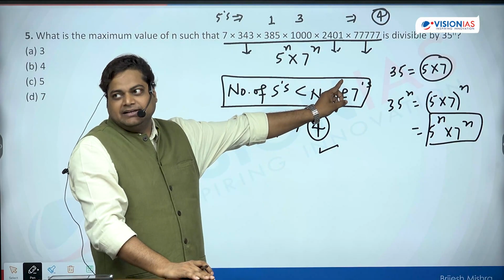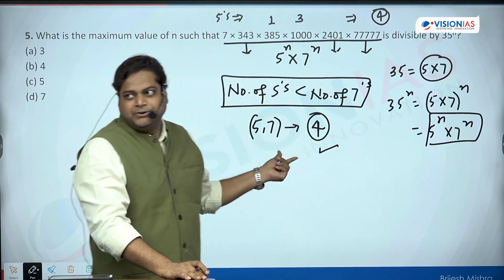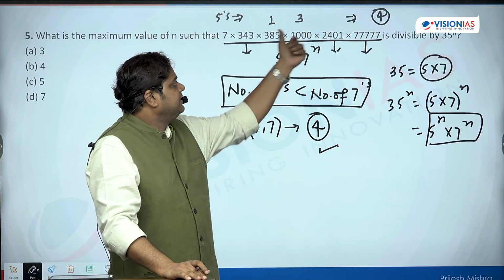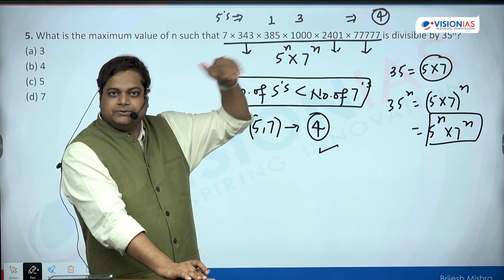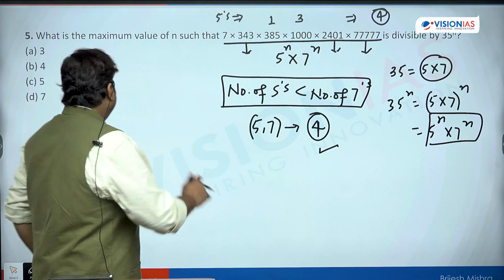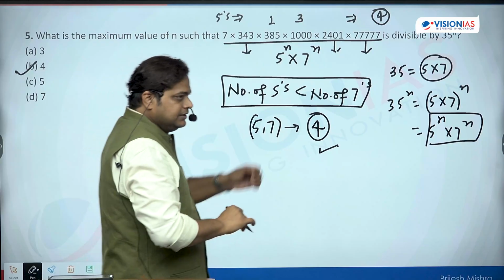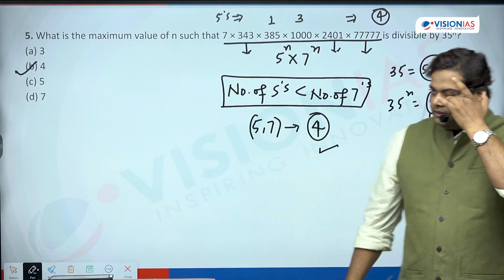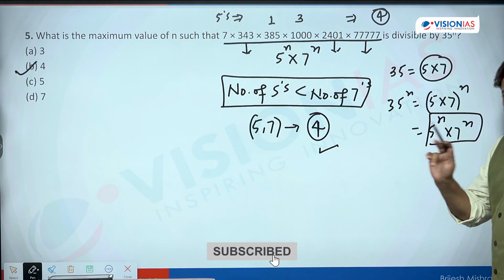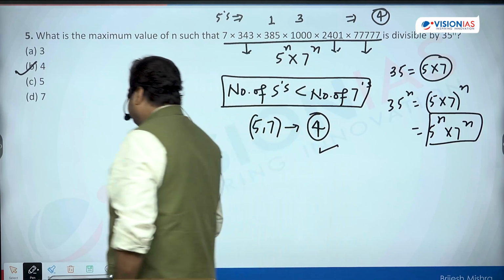power 5, that means 5 to the power 5 we are going to write. But how many times is 5 coming in the numerator? 4 times. So it will not be divisible. That is why the answer is 4. This was a doable question. Understood everyone? If we go further,